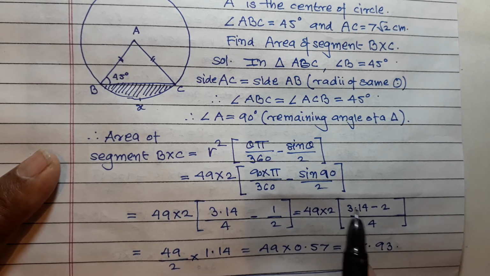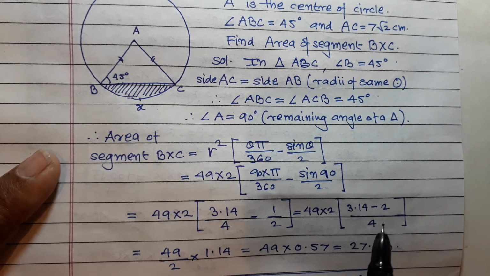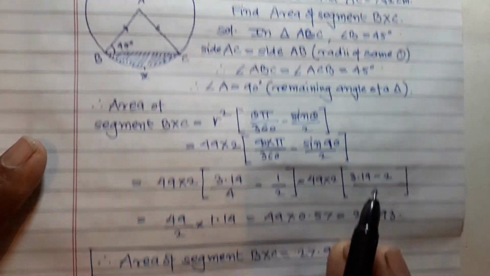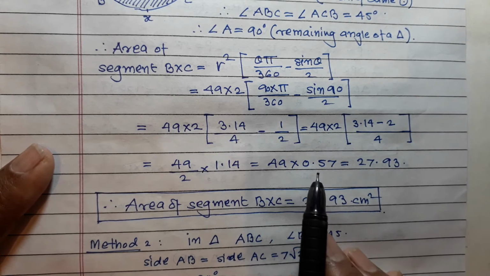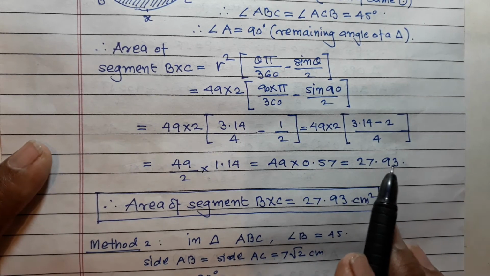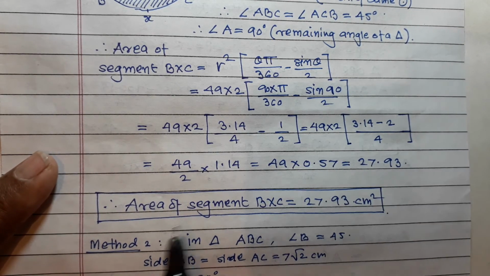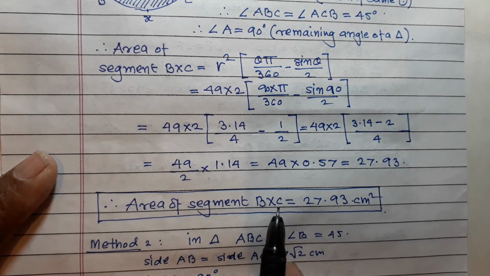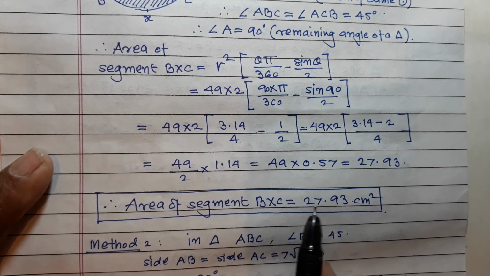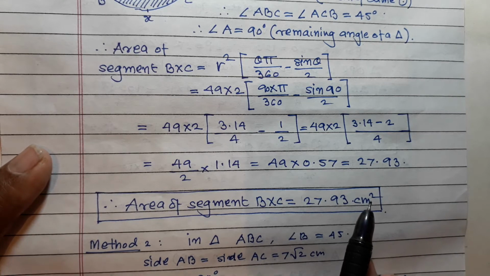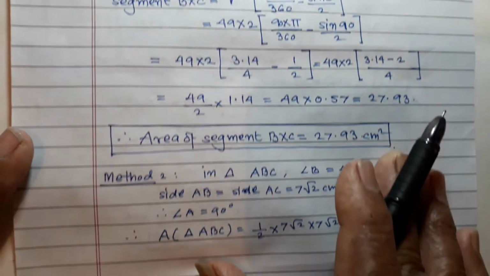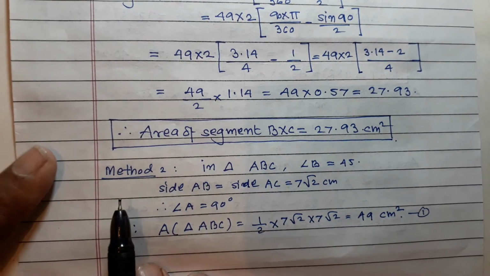This you simplify. 3.14 minus 2 upon 4 is equal to 49. If you simplify this, you will get 27.93. So area of segment BXC is equal to 27.93 cm square. Okay, now we can try this